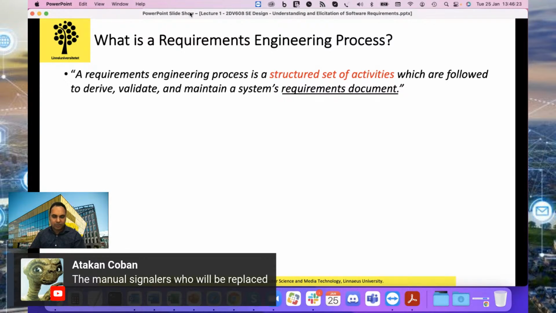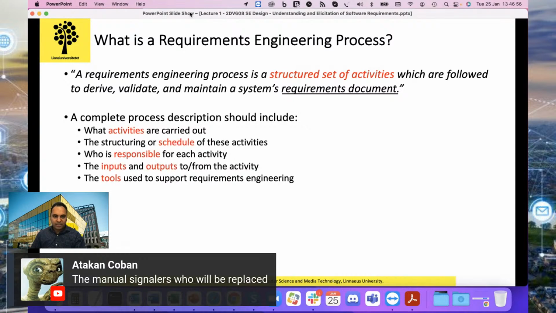You can adapt or change your requirements engineering process over time if you think that your process is not doing best, or your process is slowing down your development, or your process is increasing your budget, and so on. So there are many opportunities to improve your requirements engineering process, and that's why there is no best requirements engineering process either. I think I will also discuss briefly later,